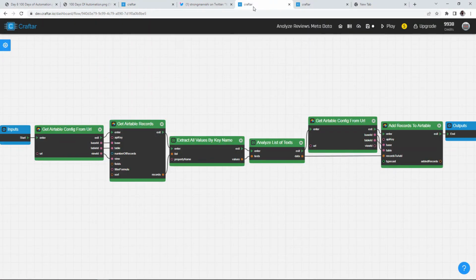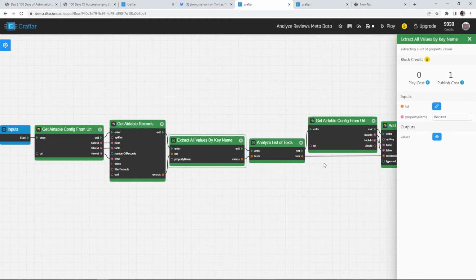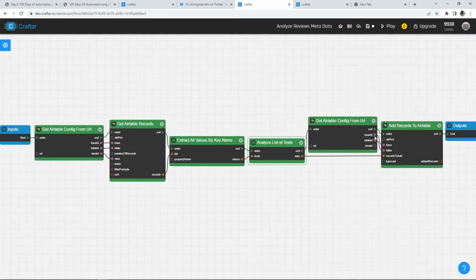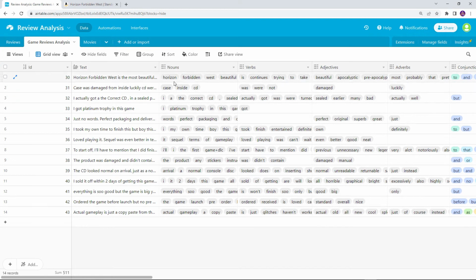So I'll go to Crafter, and in this automation first we get the Airtable records, then we extract all the reviews, and then this is the block analyze list of text, which does the magic again, and then finally I add all of these records to Airtable. So I'll just click on play. Now if I go back to Airtable, you can see that for each of the reviews I got all of